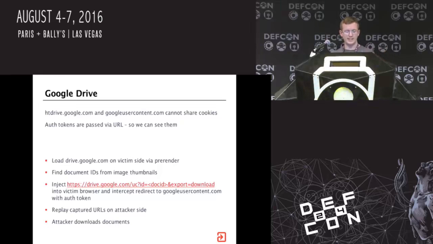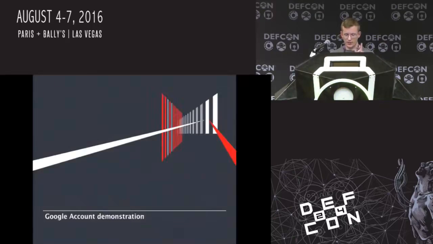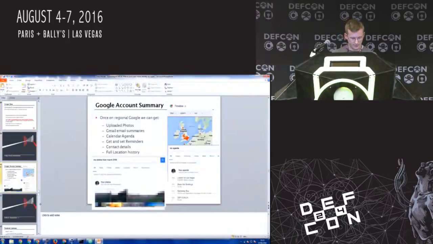What happens when you click to download a document is you start off on drive.google.com, and then it will do a redirect to googleusercontent.com, which is kind of unauthenticated, but it uses an auth token. And it does a couple of redirects back and forth between the two different sites. But eventually, we can get the auth token, essentially, and download the documents. So I'm going to show you that demo.